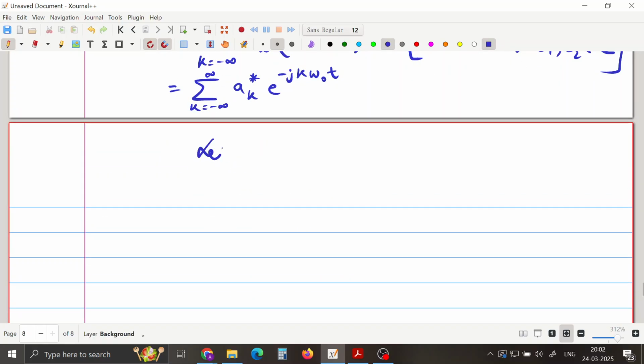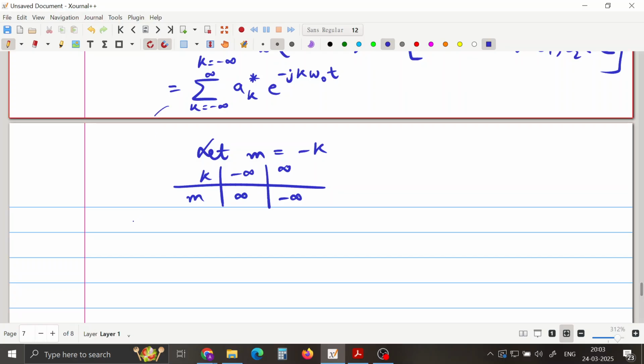So let m equal minus k. Again I have to modify my limits. Like last time we saw, it doesn't really make a big difference. Since k runs from minus infinity to infinity, my m will run from plus infinity to minus infinity. That's fine. And my function here, sorry,